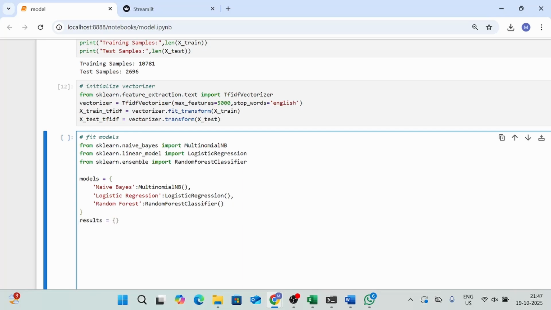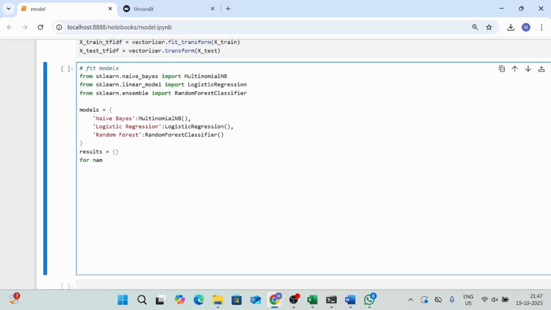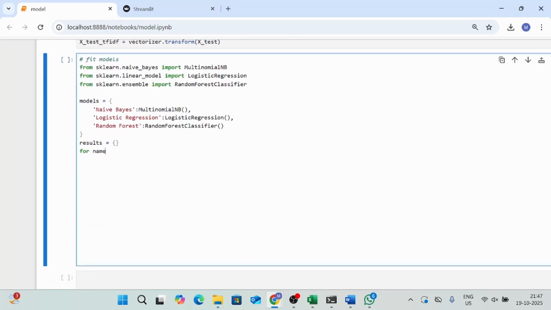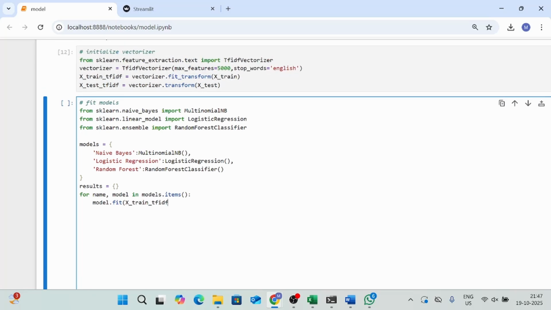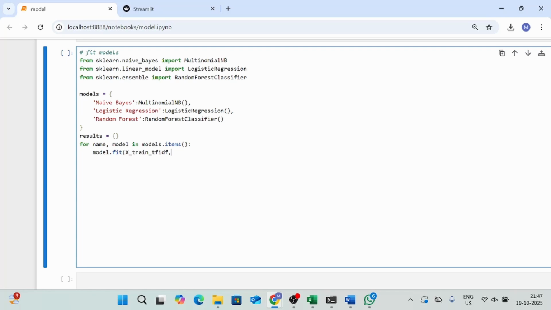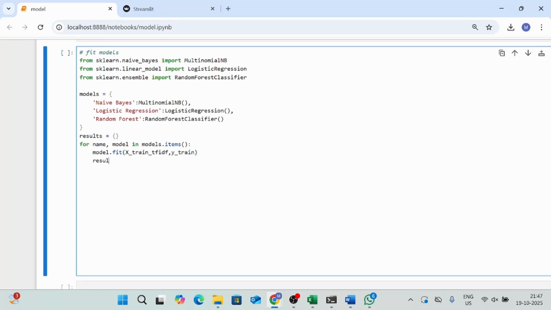We can also create a results dictionary, and we're going to run a for loop here to actually run each model with our training data. So we're going to do name, model in models.items. We're going to do model.fit, and we're going to do x_train TF-IDF. This is the vectorized training data set that we have fit and transformed earlier. What this loop does is it runs on every single model and fits it to our data, and basically it gives us an output of accuracy and stuff like that based on our model. So we're going to do results of name is equal to model.score